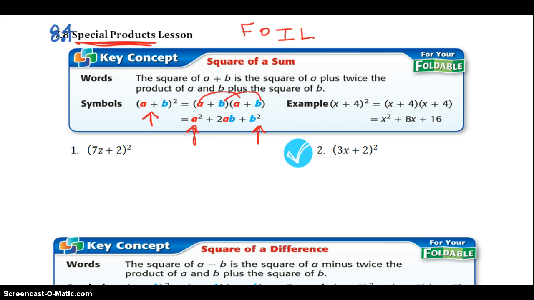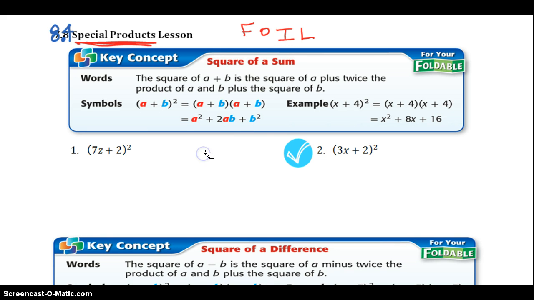So what about the outside and the inside? Well, outside is going to be ab. Inside is going to be ab. So if you have ab plus ab, that's going to equal 2ab. So our outside and inside together make the 2ab. So what they're hoping that you will do is use this pattern that happens every single time as a shortcut. So let me erase my marks so that you're able to see the a's and the b's